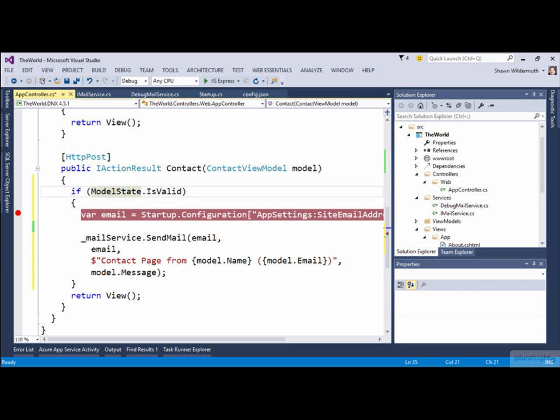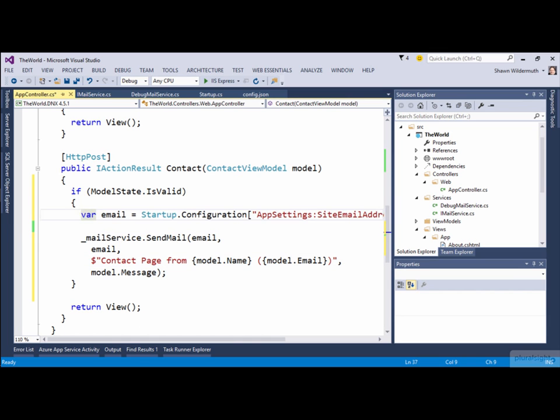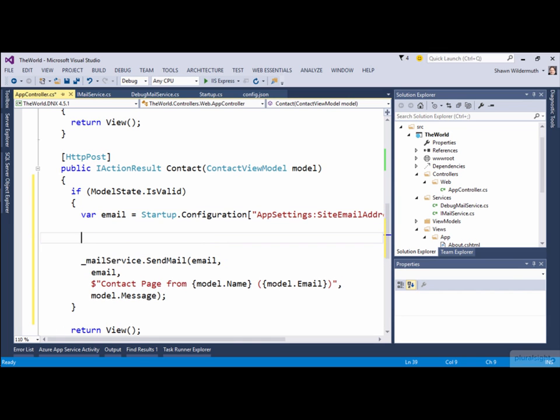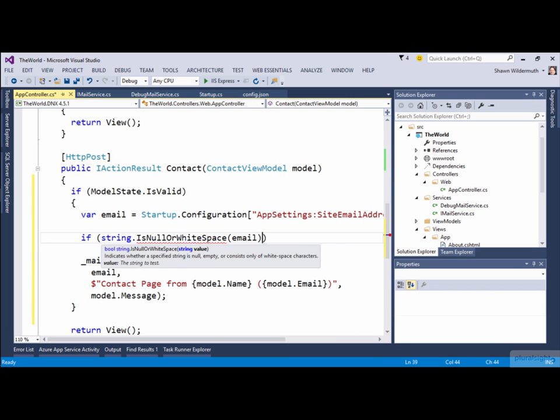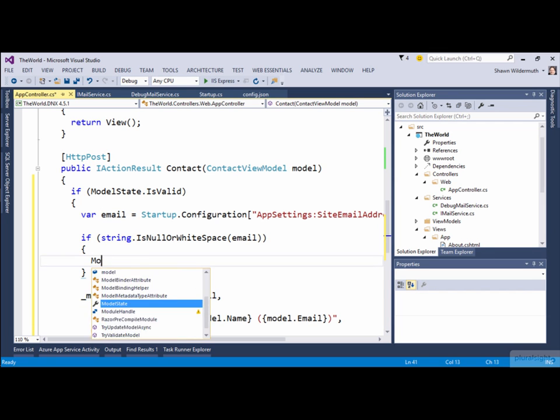And if it's not valid, it will fall through and our form will be shown again, and that's where it will include information that may be wrong. And so we can actually do that and use that model state for our own needs, because sometimes the validation really can't be done on the client. You have to do some server sort of checks. And let's just do this. If string.IsNullOrWhiteSpace(email), so if our email didn't get received or isn't configured correctly for some reason, let's go ahead and say